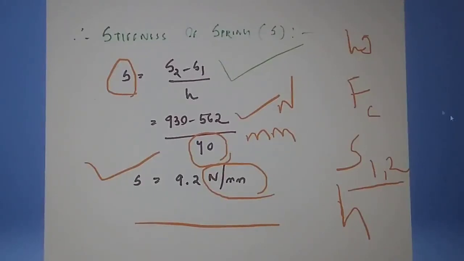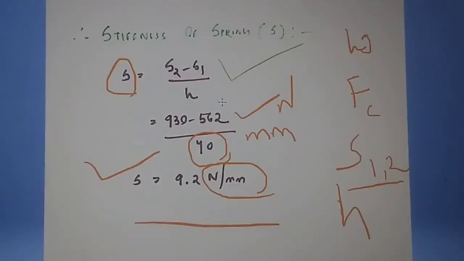In this way we can find the values in other problems. Other numericals will be given in this format, or some data will be changed, and you have to find out whether it is asked to find H, with S given. In that case you can find S2 minus S1, and divided by S you will get the H value. So like this you can proceed to the other calculations. First learn the concept and practice other questions, so it can be easier for you from the examination point of view.